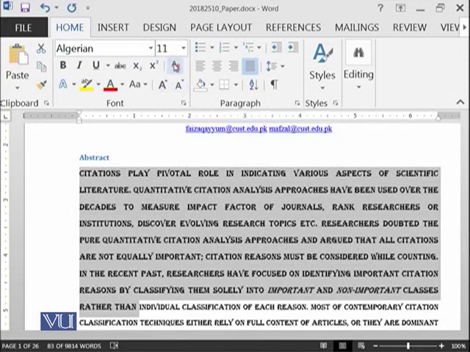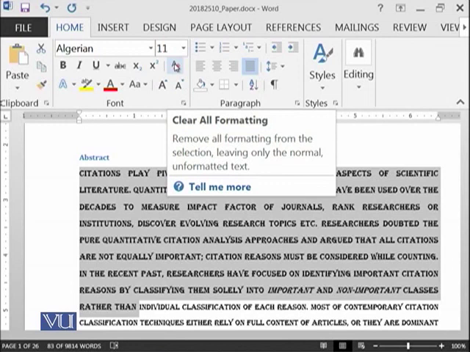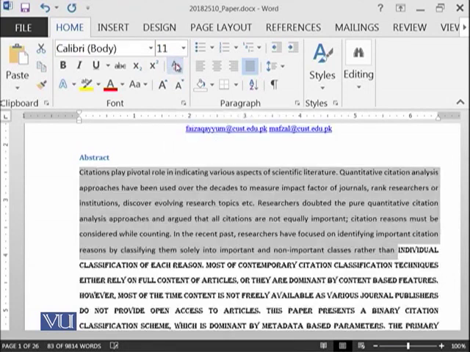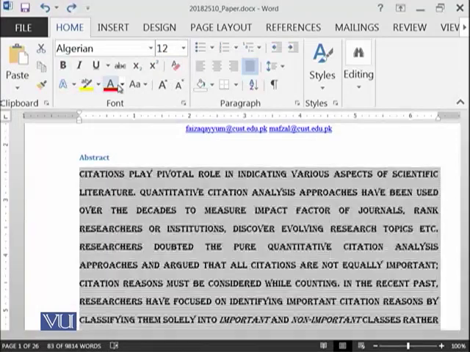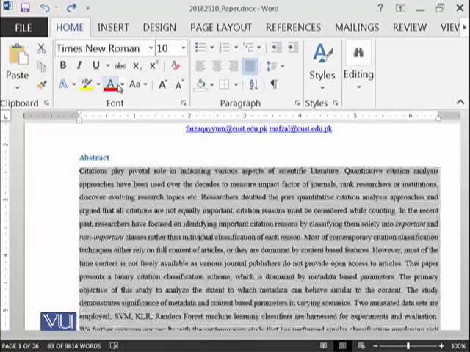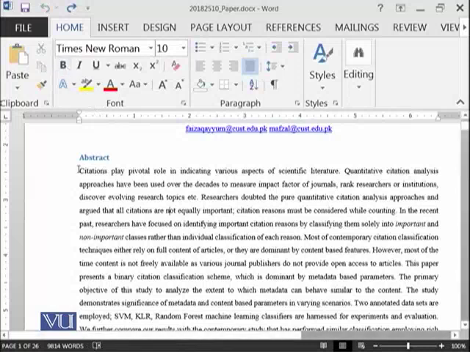And if you want to clear all of the formatting which you have done on this document, you can click on this and all of the formatting which we have performed has gone away, you have seen. Then let's go to the original document, and then you can do bold.